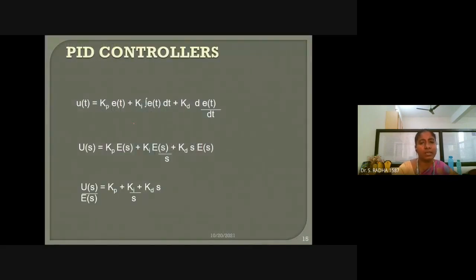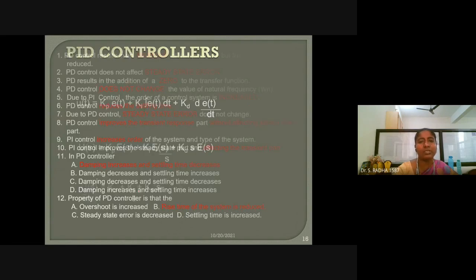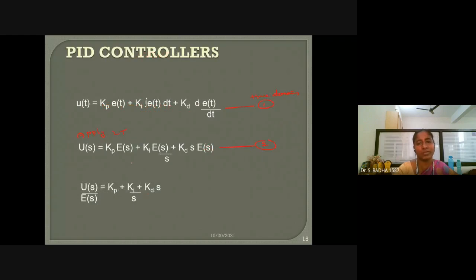After applying Laplace, this is equation 1 in time domain. You need not memorize any of this by heart; only the advantages or behavior is very, very important. Take similar terms together, E of S is common, you take it common and bring E of S to the LHS. This is the overall transfer function of the three blocks in parallel. And now this will get multiplied with the open loop transfer function. Now the closed loop transfer function will be, and here two blocks in series,